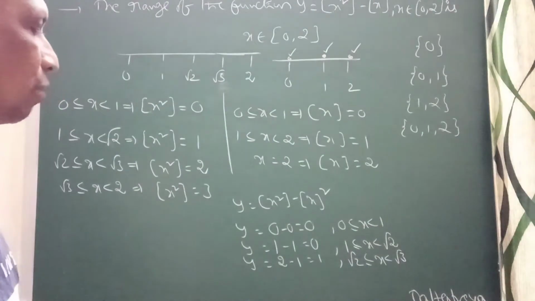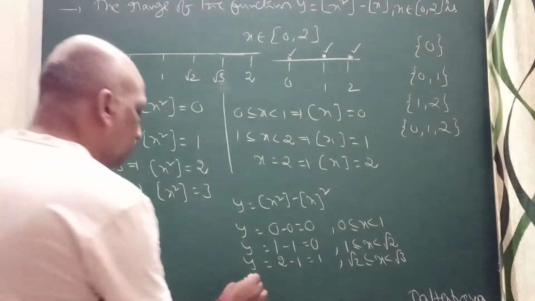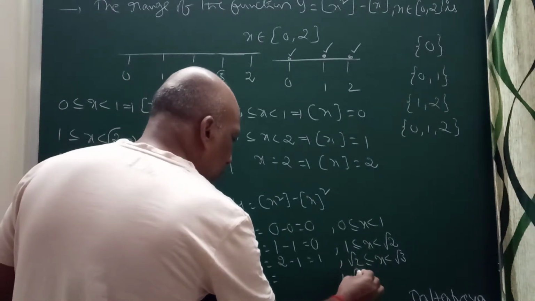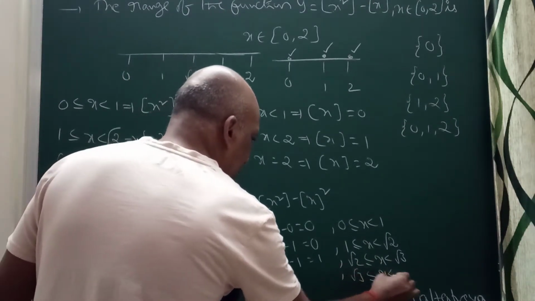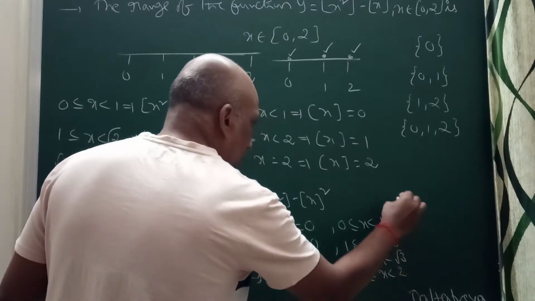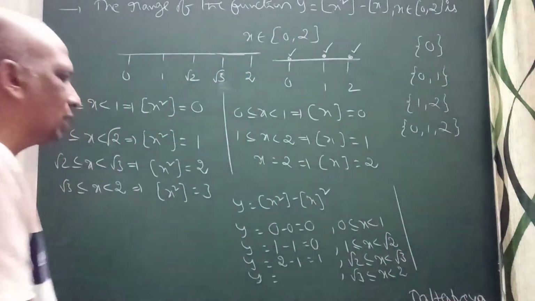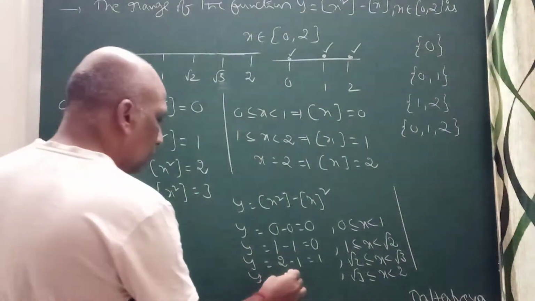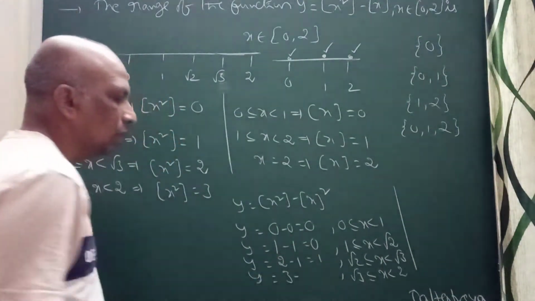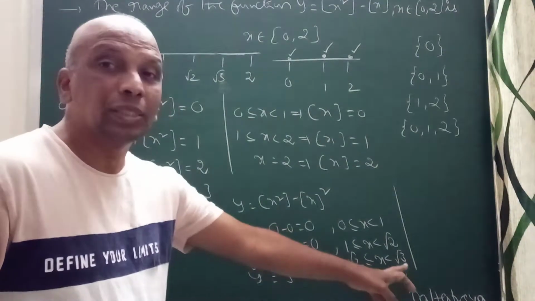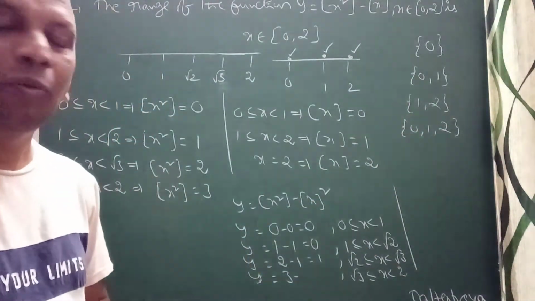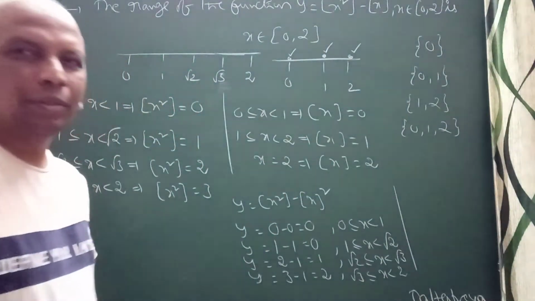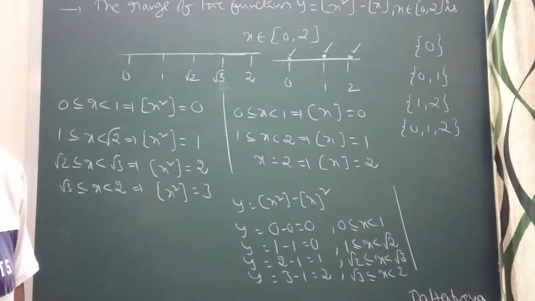Now you take the last interval, y is equal to, root 3 less than or equal to x less than 2, correct? In this case, the value of x square is 3. So you will get 3 minus, and again root 3 is 1.732 up to 2, so you will get 1 only. It will come 2. Correct? The value will come 2, right?